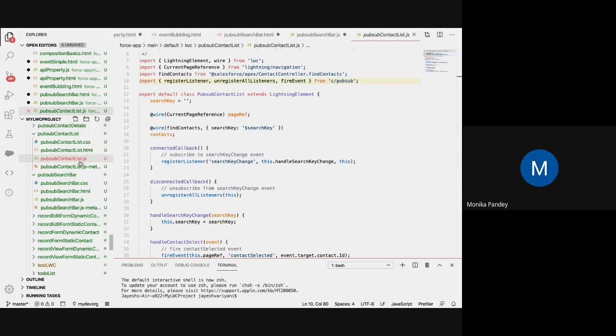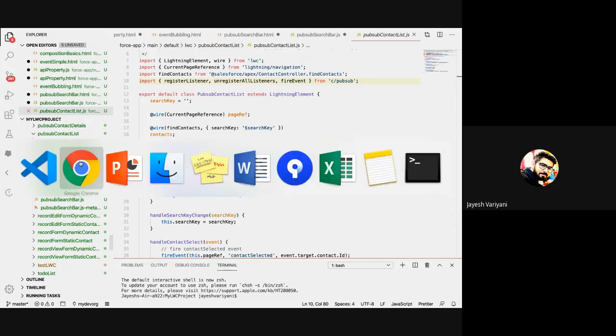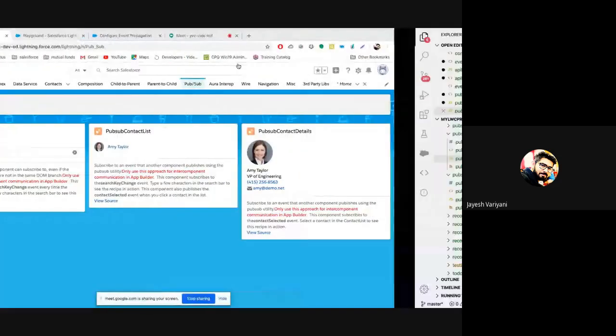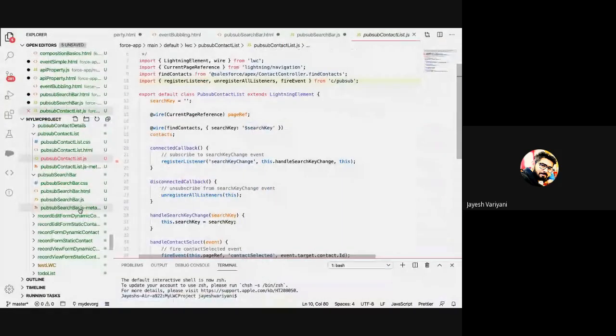Did you extract or retrieve that from the org? What I have done is there is a Git repository available for this PubSub. I have just cloned it and included it in my project. In the project, I can create a simple JS file from here, include it, and then import that.